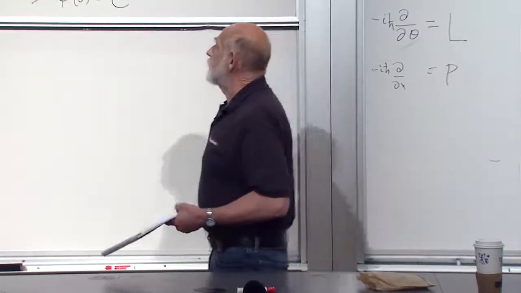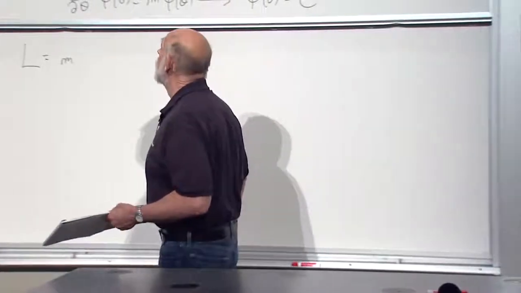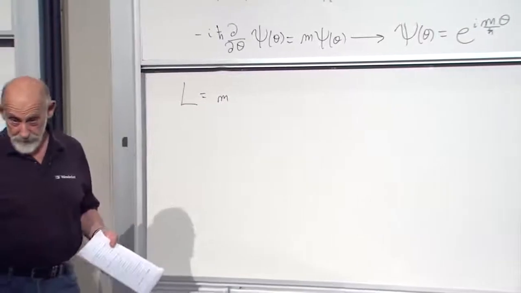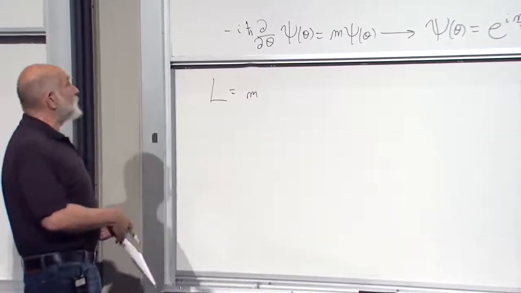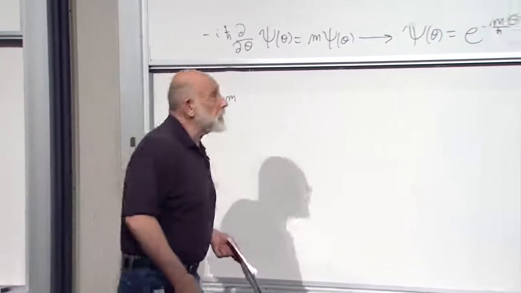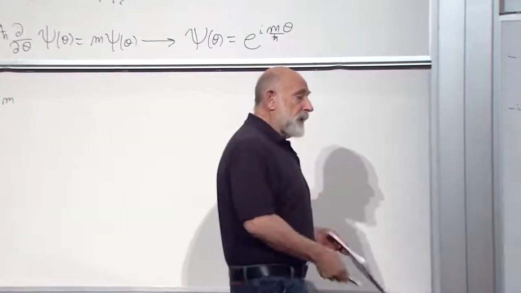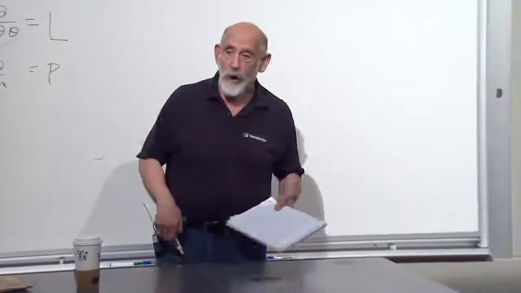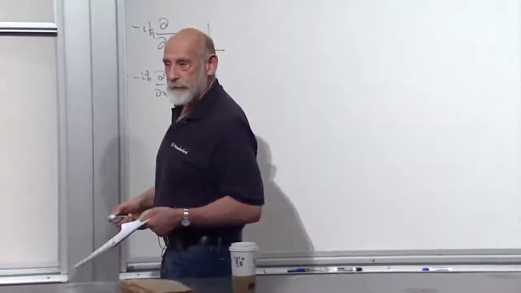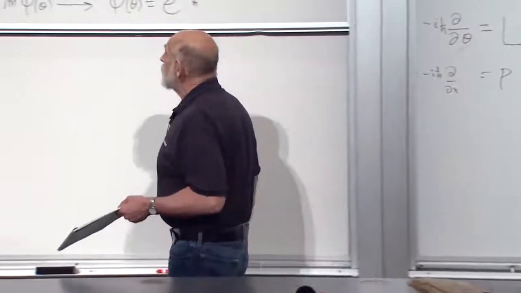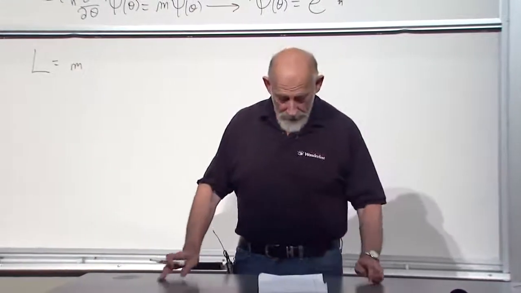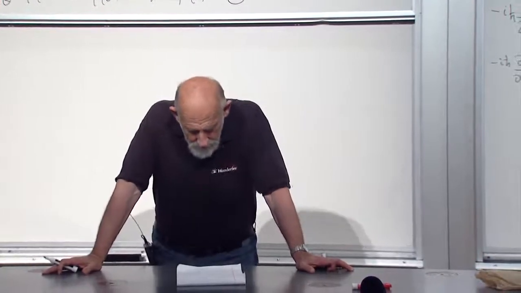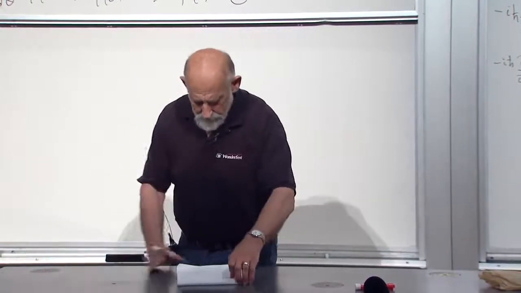Okay, now I have the following question for you. Let's suppose there's some energy, and let's suppose the energy depends on the angular momentum. Of course it does. The bigger the angular momentum, the bigger the energy. The particle's whipping around with a large angular momentum. It has more energy than if it has small angular momentum. So we expect that the energy will depend on the angular momentum. But must it be